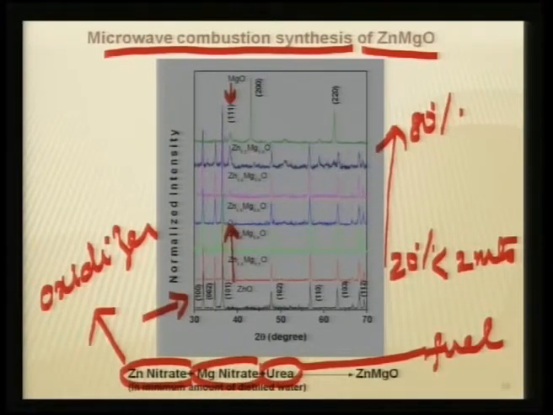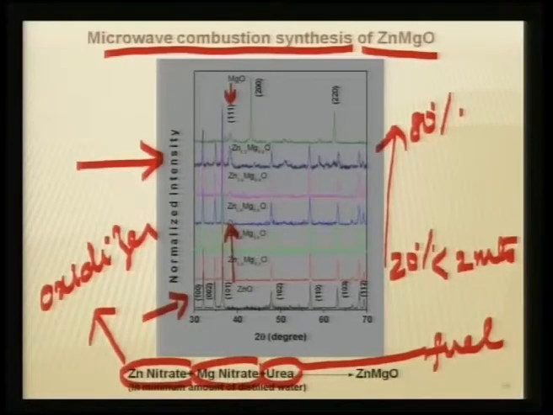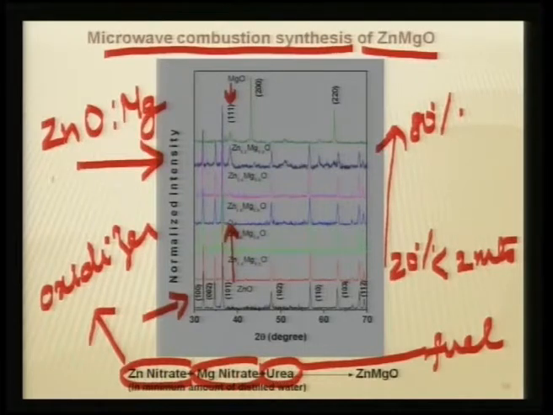But what happens to magnesium in this case? You would see that this is not remaining as magnesium hydroxide as we discussed in the earlier case. There is a clear substitution, maybe up to 30-40% of magnesium, and this is very important because, as I told in the beginning of the previous lecture, doping zinc oxide with magnesium by ceramic route you cannot achieve more than 4% of magnesium, but this is a